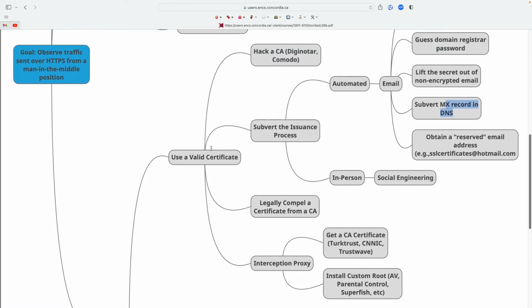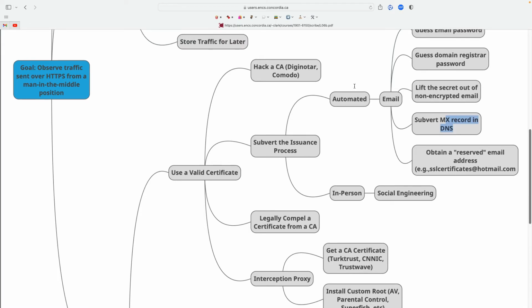So how am I going to get a valid certificate? Well, I have to get issued a valid certificate, and I get issued a valid certificate because the issuer wants to send email to me. And so all I have to do is change the email record in the DNS record. Now the email comes to me. And so instead of going to Google, it goes to me instead. I answer the email. They believe that I'm Google.